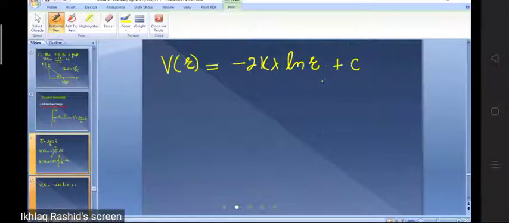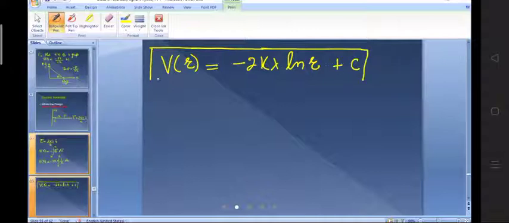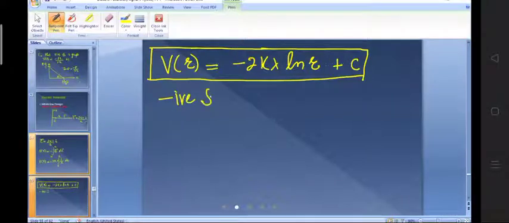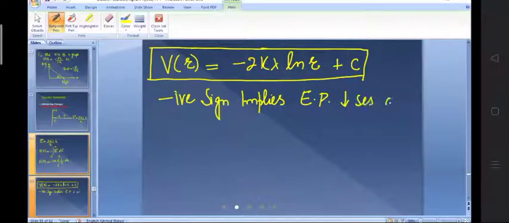Where c is the constant of integration, okay? So you can calculate the value of c as well. For example, if you substitute the value of r equal to 0, then from there you can calculate the value of c. It is that point where the potential is equal to 0, or it's the reference point, right? So this is the potential at any point. Now suppose that you want to calculate the potential difference between 2 points. Suppose that here we have a line charge like this, okay? So this is the electrostatic potential. What this negative sign implies is this: the negative sign implies that the electrostatic potential decreases as r increases,